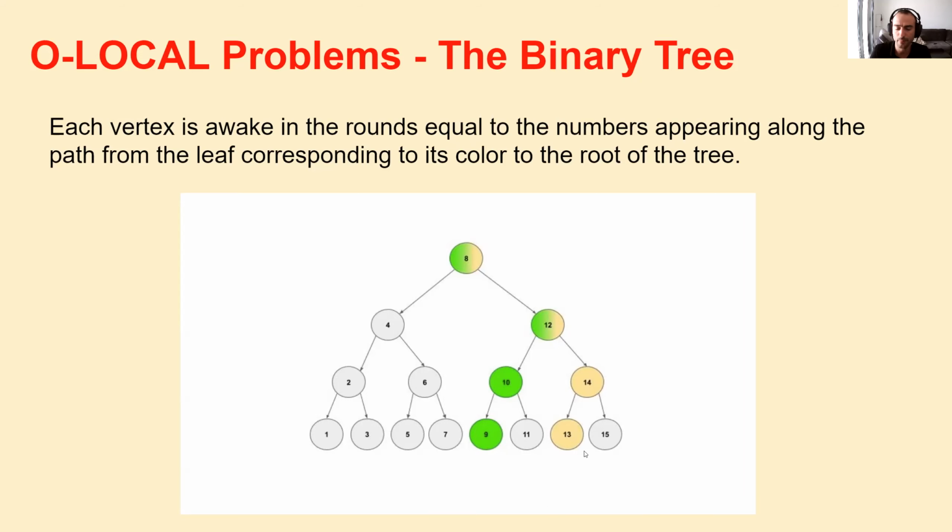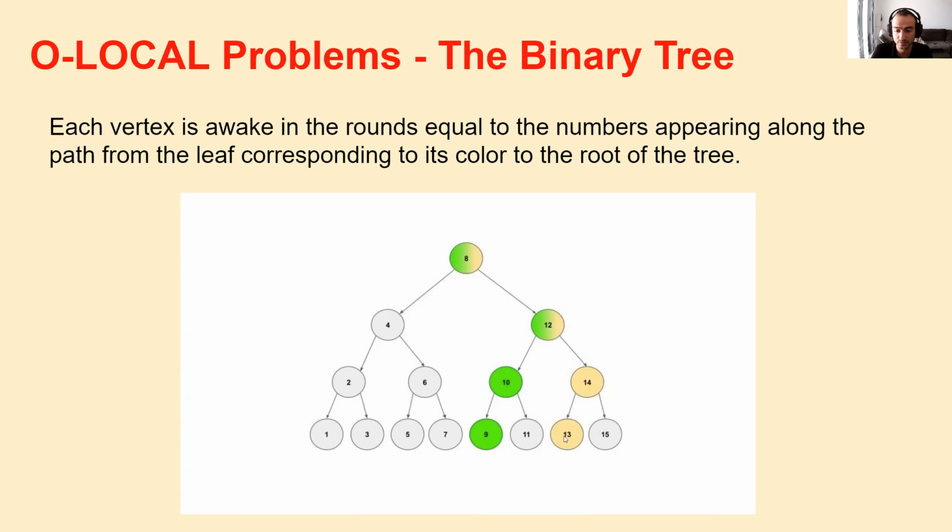So for example, the vertex with the color 13, which is mapped to the leaf 13, will be awake at rounds 13, 14, 12, and 8. So how does it help us? If you pay attention, each color